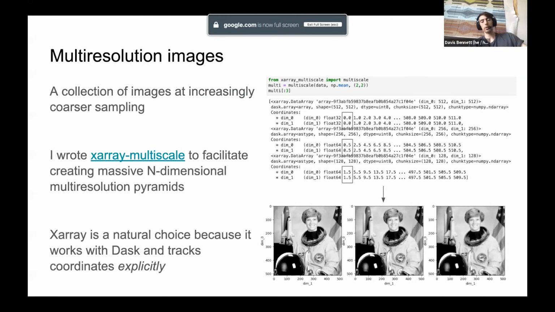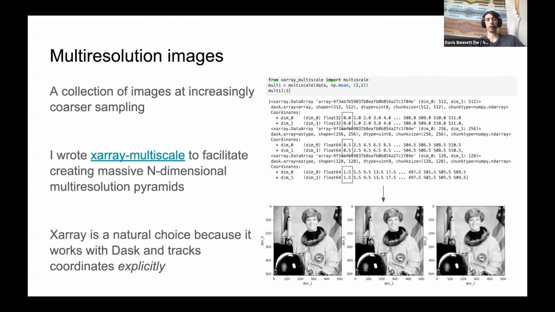Yeah, okay. So there weren't good tools for making multi-resolution images in a coordinate-aware fashion with lazy data structures in the Python ecosystem. So I wrote a library just called Xarray Multiscale that facilitates this process. So it's generic over dimensions. It internally uses Xarray data arrays for tracking coordinates, because something that bit me in the previous implementations of multi-resolution pyramids, including the implementation in